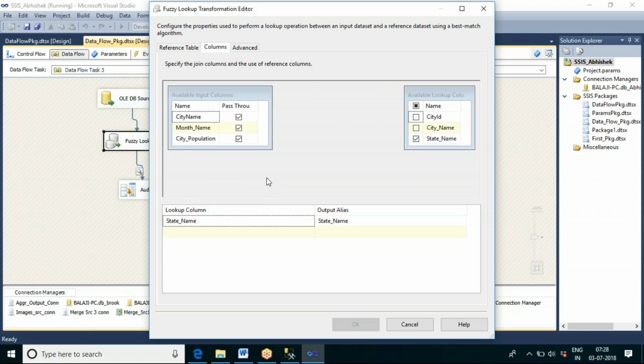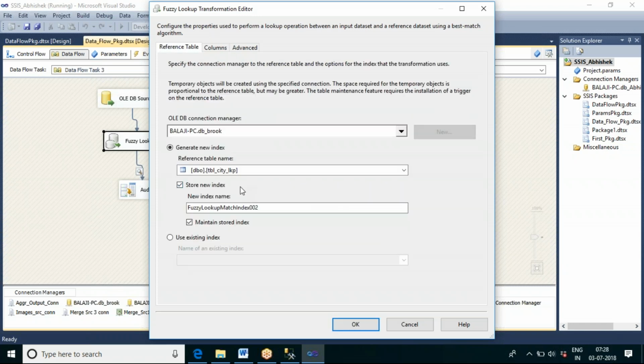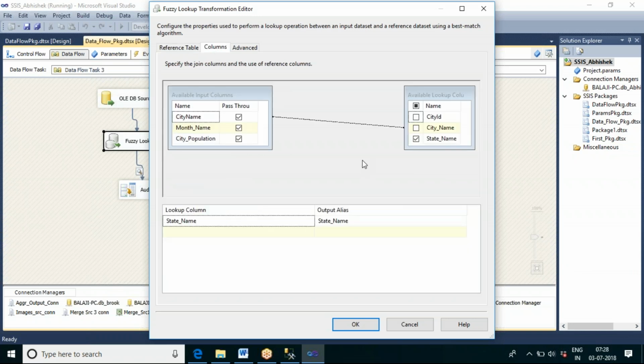First of all, we have to select the reference table, give some index name and click on maintain index. In the columns, specify which column you want to use to join the two tables, and whether you want to include any extra column from the lookup table. These three input columns are all pass-through columns, which means they will be automatically shown in the output.